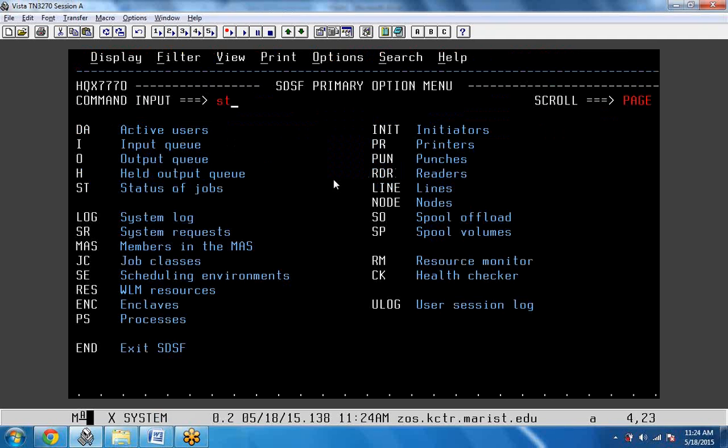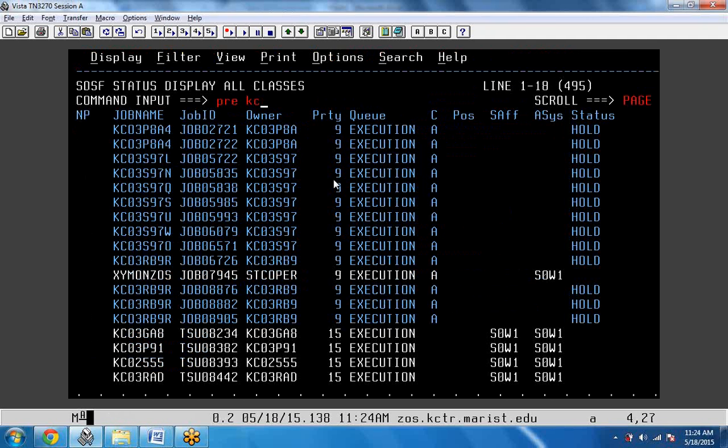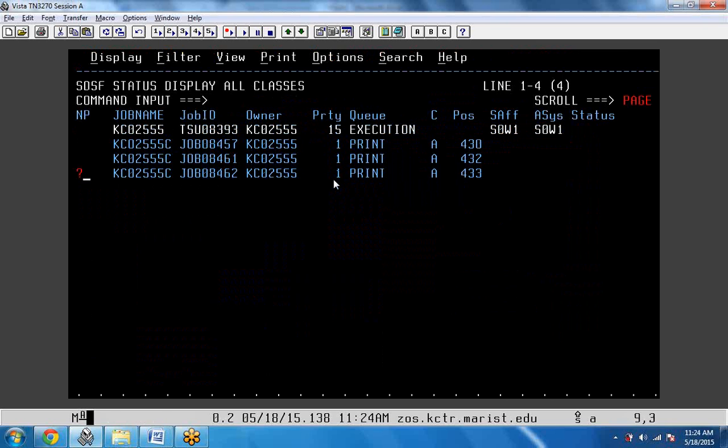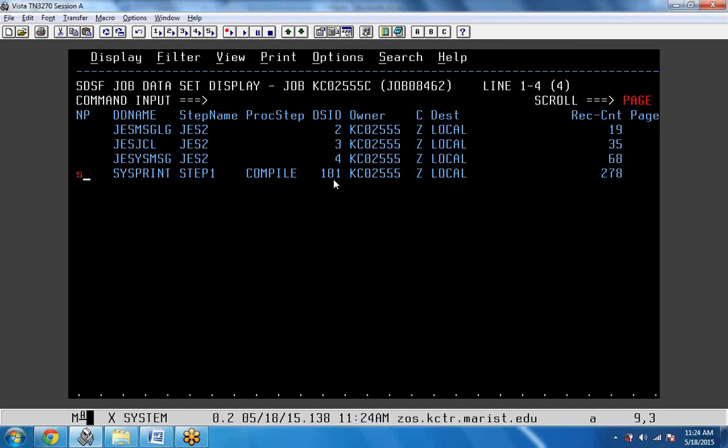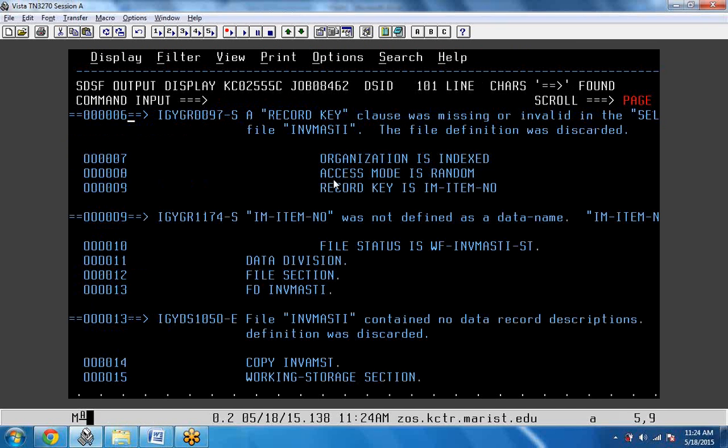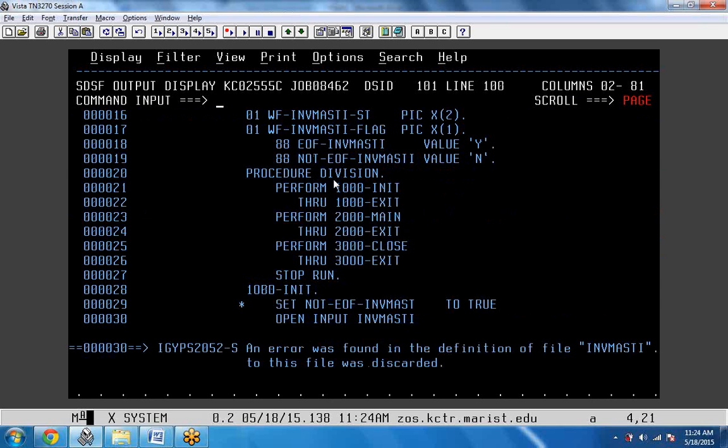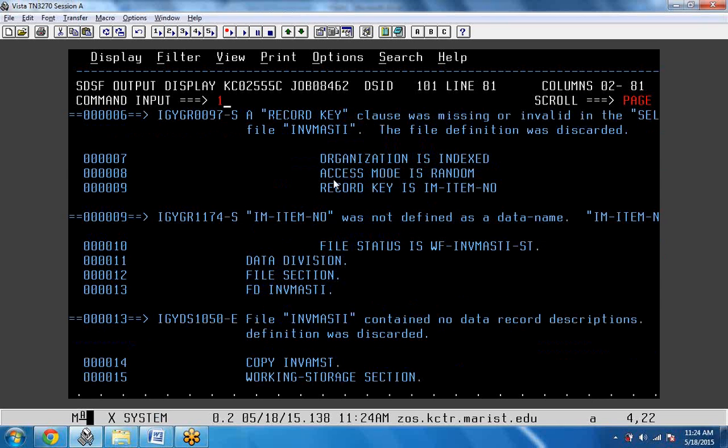Still I'm getting error. I think copybook is not expanded. Yeah, copybook is not expanded. Let's try to